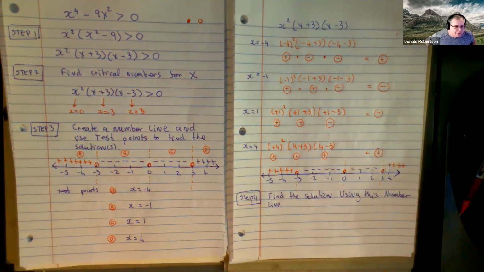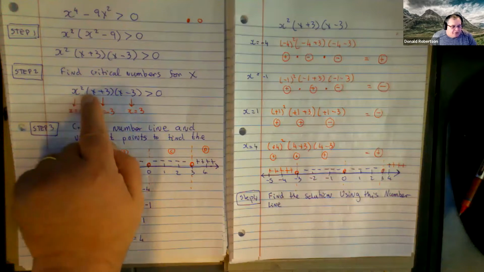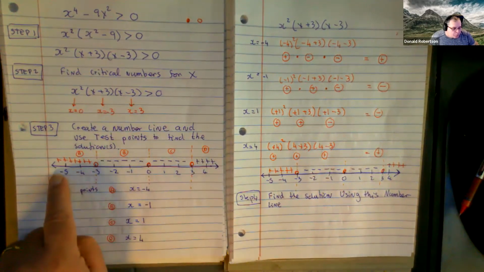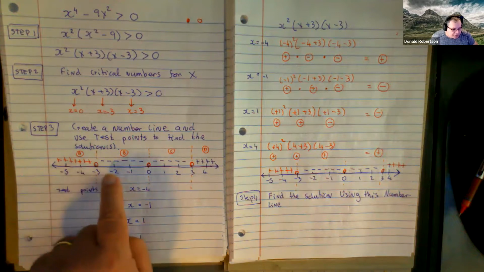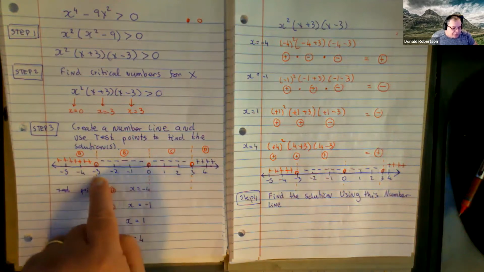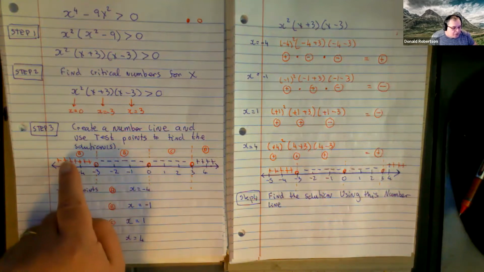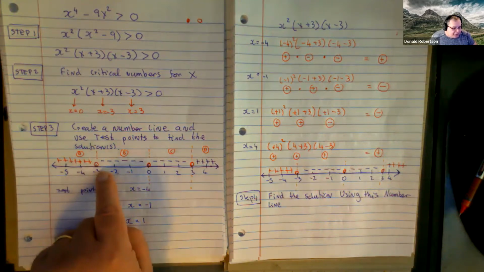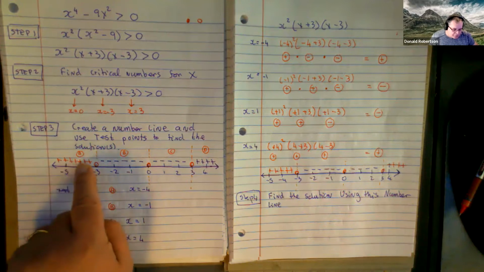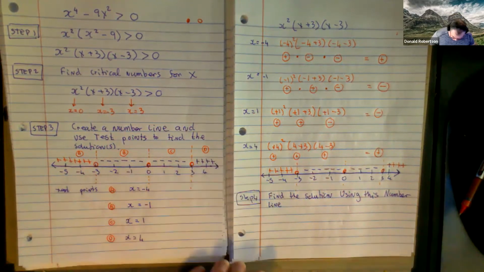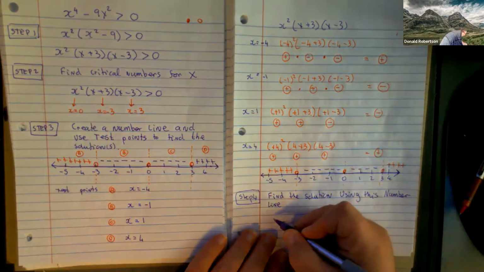Now, I am interested in when is this polynomial positive? The number line tells me for what values of x you get a positive answer, and for what range of values of x you get a negative answer. So when I look at this picture, I say, oh, anything from -3 or less, the answer is positive, and anything from 3 or more, the answer is positive. So our solution